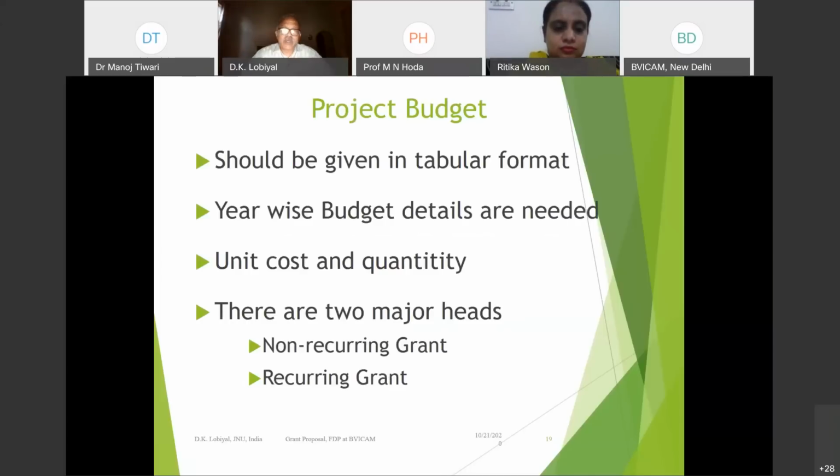Then comes your budget, which is important in the sense that you must specify it, generally in a tabular form for understanding. A budget is allotted at the beginning of the financial year, so it is a year-wise budget, and the details have to be given, and why we need this much money. And if you're talking of certain items,